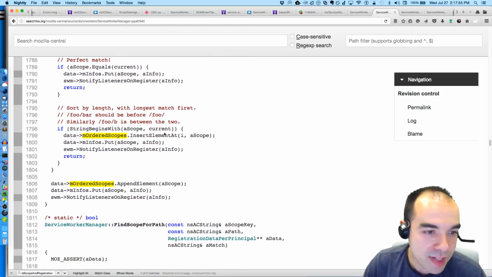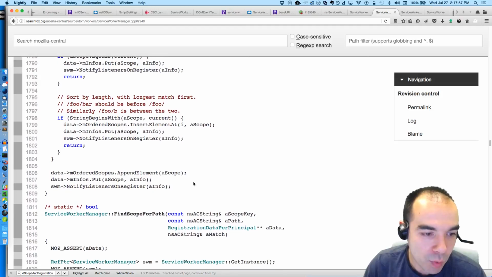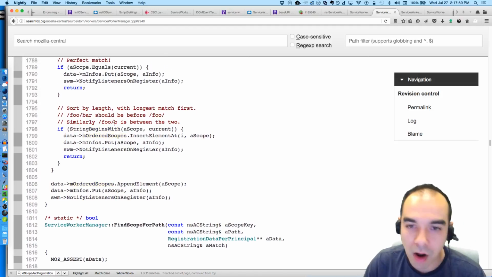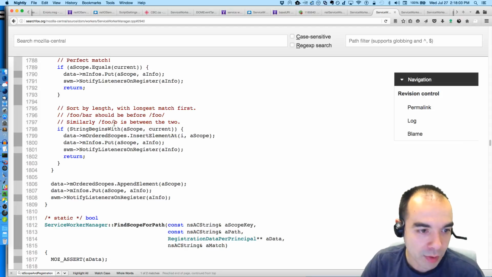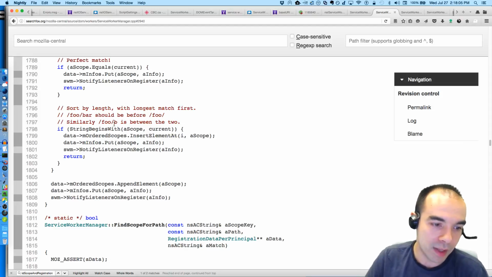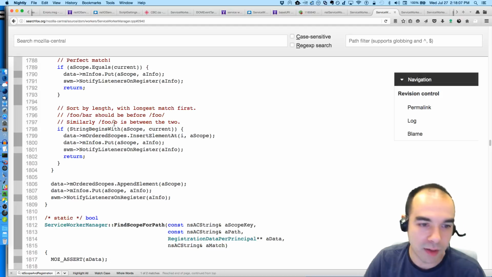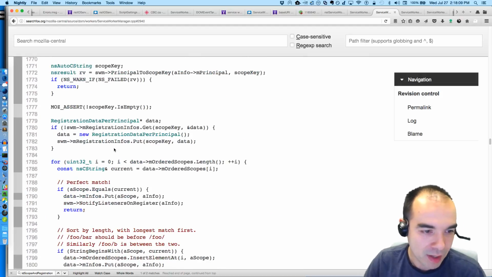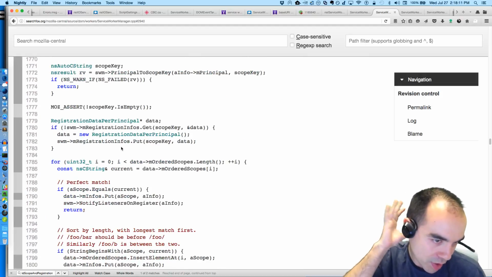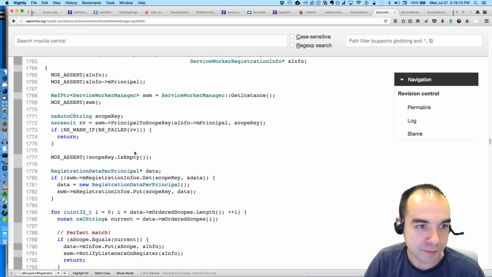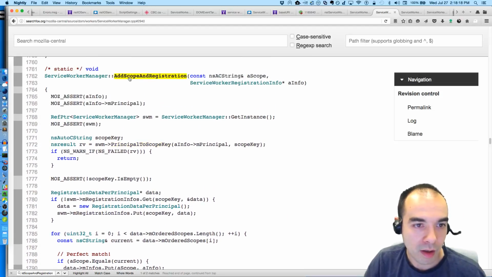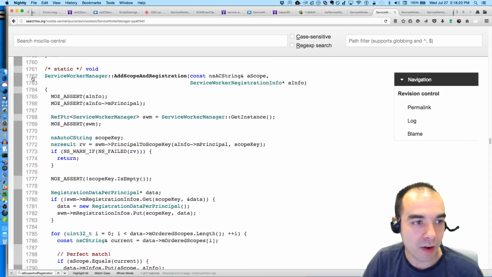What's the time? It's 2:17. So what do we got so far? We've got all these relationships being set up. I don't really super understand some of the relationships. It's scopes and infos and registration data, and I guess we should probably look into some of this. So we eventually got here. I'm gonna put a permalink.